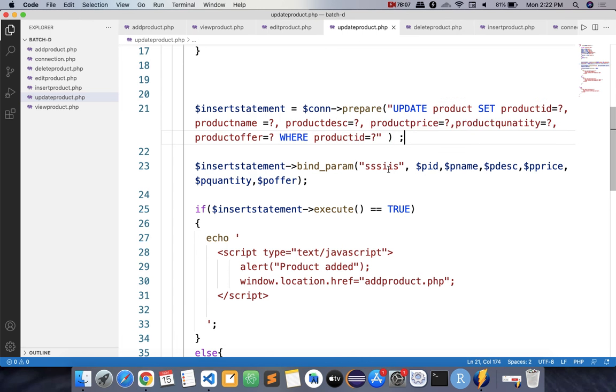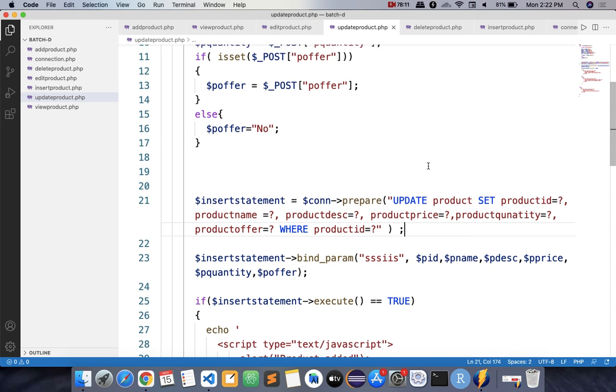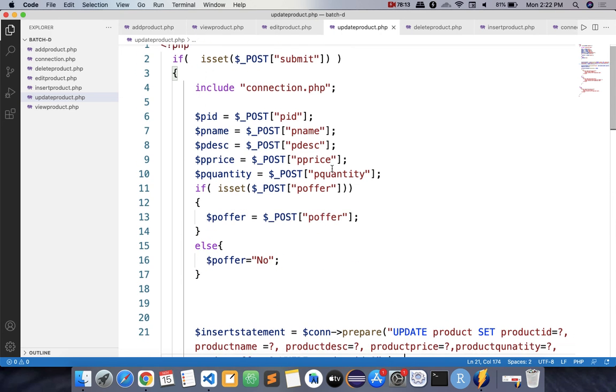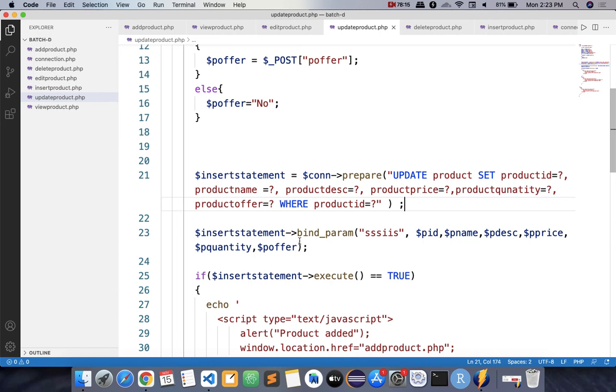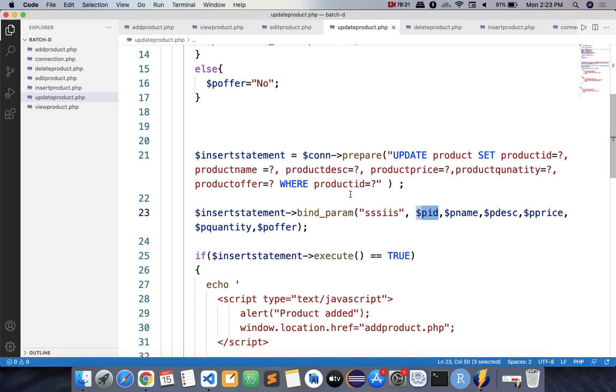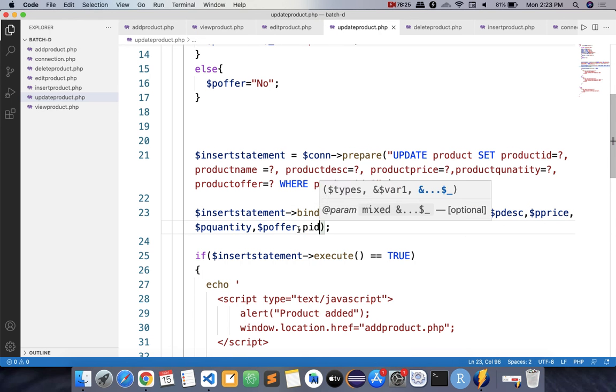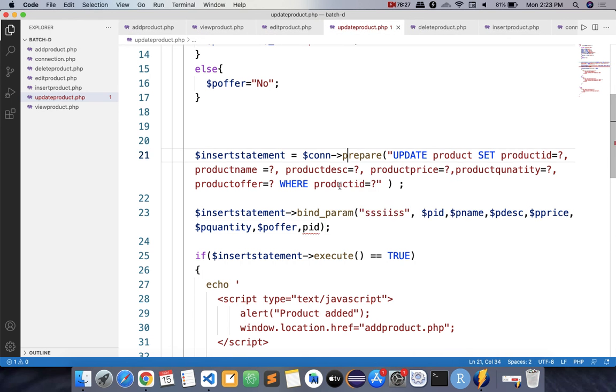We need to bind it. So all the values we need to bind. First one is PID, which we have received here. Product name, product description, and what is the unique value which we are using? PID. Okay. So one more question mark here, because the where clause added one more field.